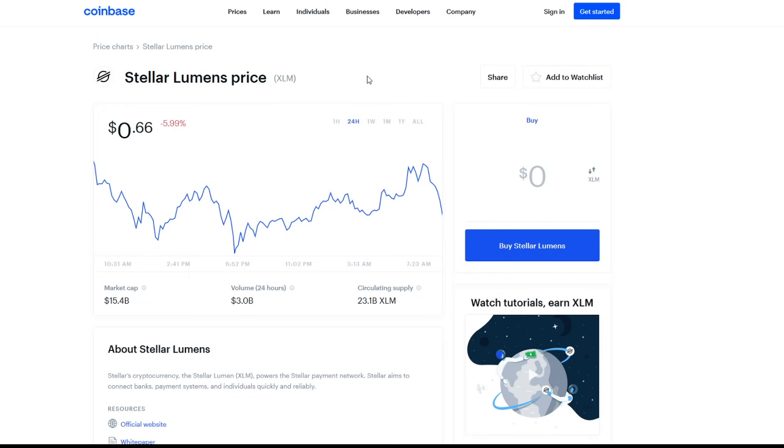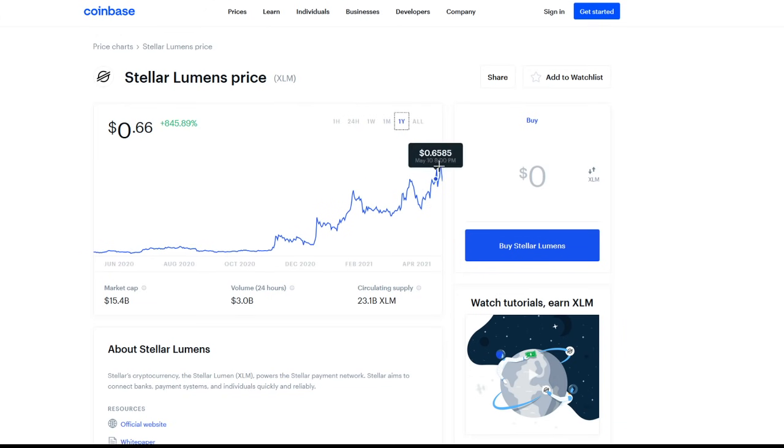By the end of May, where do we suspect Stellar Lumens will end up? With the current price, we went all the way up to about 79 to 80 cents. I do think around $1 is possible for the end of May, but realistically, guys, I'm going to say 80 cents to $1. If we can stabilize in that range by the end of May, that would be great. Obviously, May is going to be a struggle of a month for a lot of people, which we see currently taking place with the crypto market taking massive dips throughout the days. So if we could get between 80 cents and $1, that would be a great look for